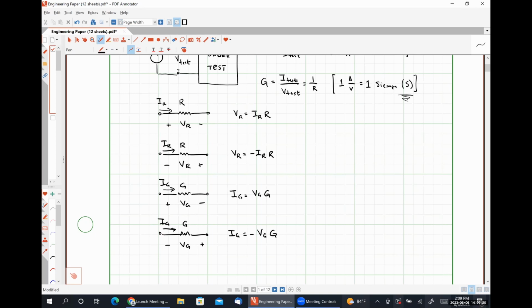And then it mattered whether or not the current was flowing into the positive polarity terminal or into the negative polarity terminal. Well, with these relationships and using Ohm's law, if we have P is equal to,